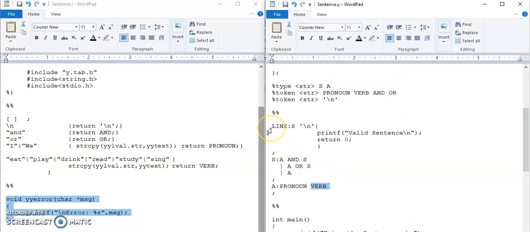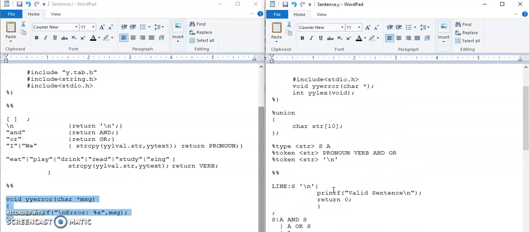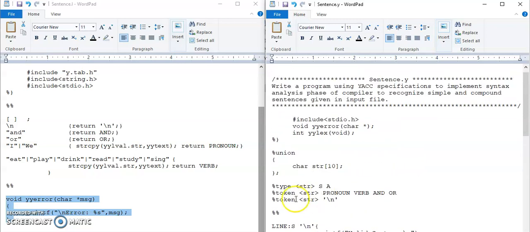So here in these three rules, whatever appears on the LHS, that is line, S and A, these are the non-terminals, that is variables, and this \n and, or, pronoun, verb, these are the terminals, that is tokens. So let us go to the first section now.